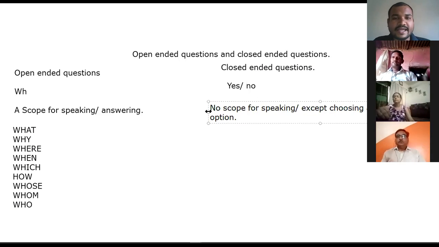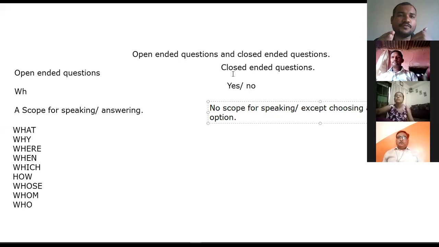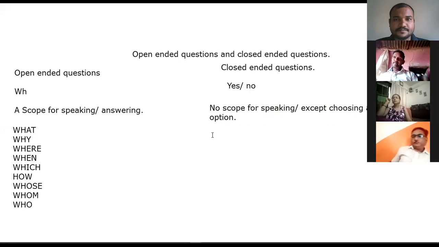So they will give either yes or no, right or wrong, true or false. So these are the options they will give. Whatever options they have given, we just need to pick only one of those options. But we haven't been given any scope or extra room for speaking to give our own answer. So those questions are already packed with answers. That's why we are calling them closed-ended questions. So all yes or no questions can simply be called closed-ended questions. Correct?